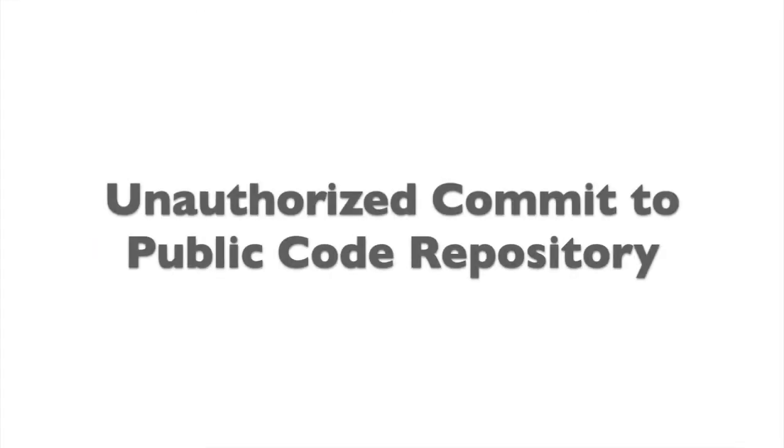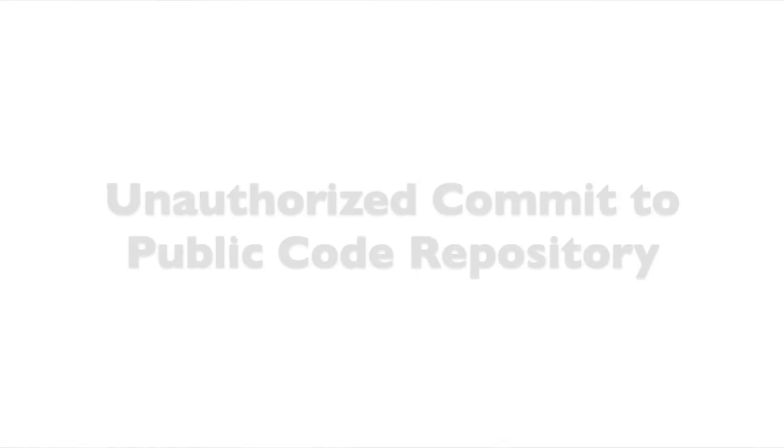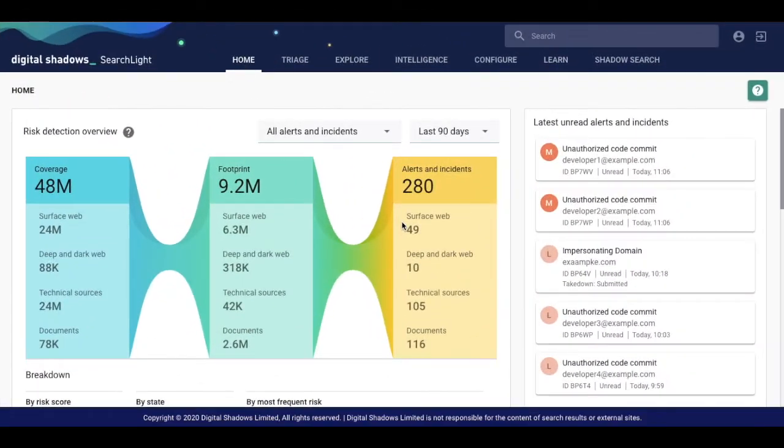Hello and welcome to an overview of the Unauthorized Commit alert type, which sits under the data loss detection pillar of the Digital Shadows offering. This type of alert detects commits made by your employees to public code repositories. Now, these public commits made by your employees may be non-compliant with your internal policies and could constitute technical data